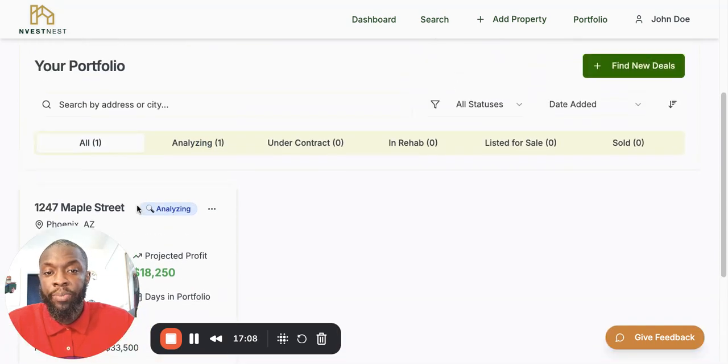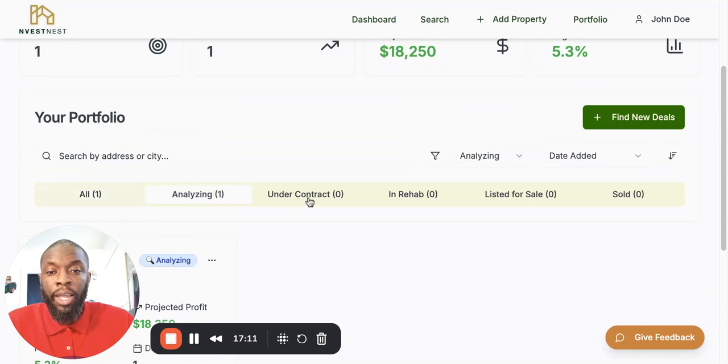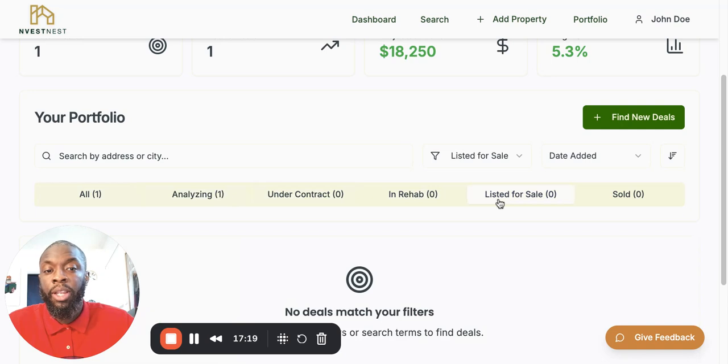All right. So we can go back to our dashboard. We see we have 2 properties here. We see our potential profit, and these are all the properties, of course, that we've done analysis on. And then we get a full breakdown of everything that we've done. So this is a good way